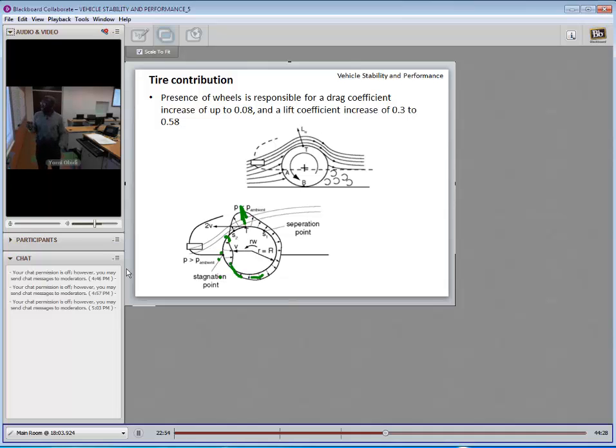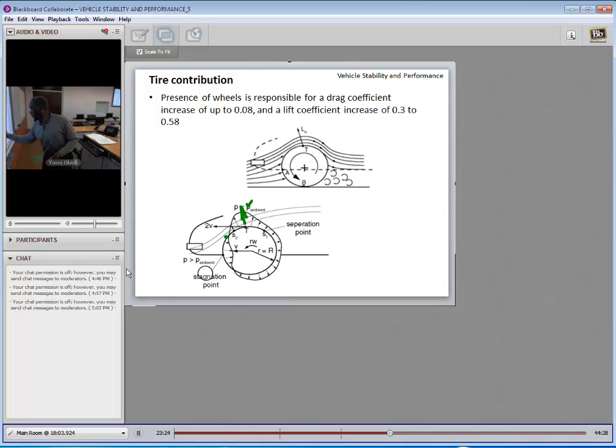And that's not desirable. We want downforce on the car. If you remember from earlier on, we want the car to grip the ground. We don't want lift. We want inverse of lift. We want downforce. Downforce, that's what's required for improved performance. But what happens here is a reduction in the downforce. But that is essentially the dynamics of the tire